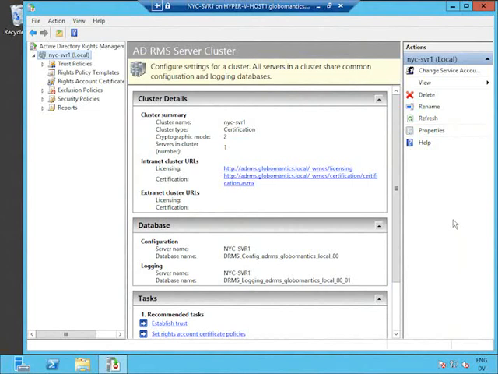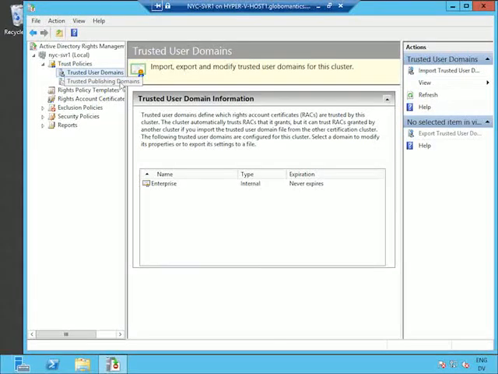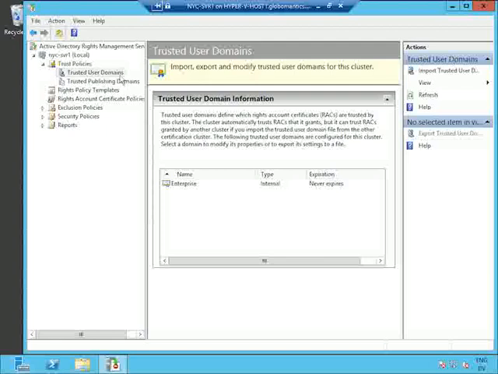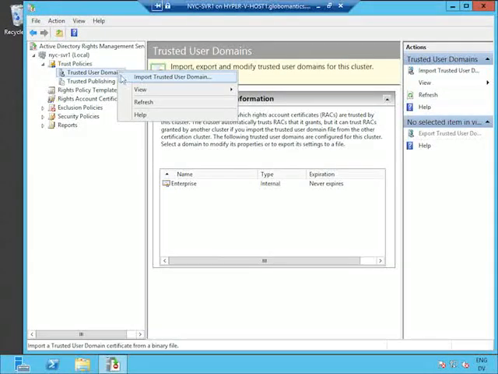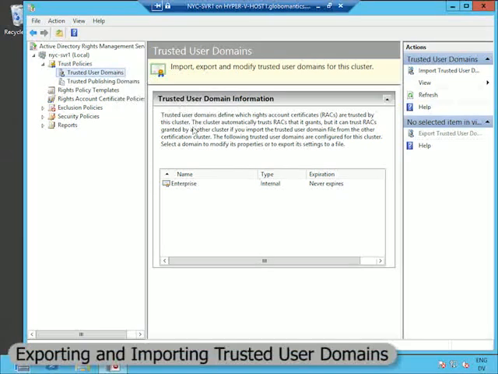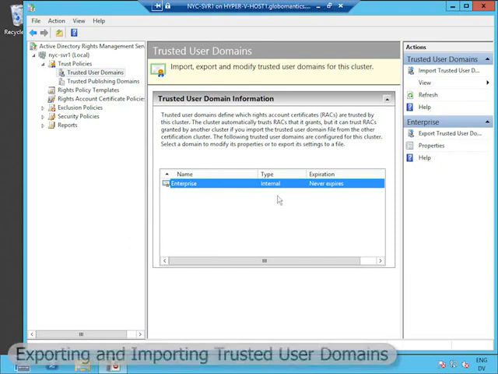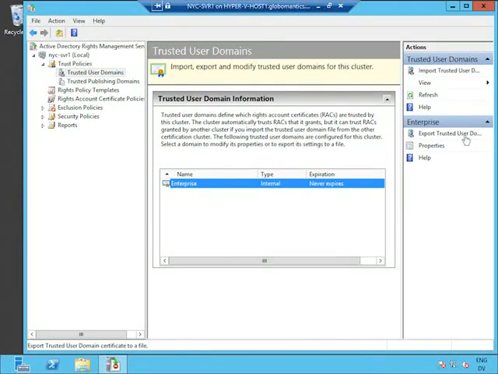So here on my RMS server, these Trusted User Domain policies live here under Trust Policies. We'll see our two main kinds of communication techniques here: Trusted User Domains and Trusted Publishing Domains. Those come up in just a moment. Under Trusted User Domains, we see an ability to import a trusted user domain. We've got information about our own environment in this object here, which when selected enables my option to export information